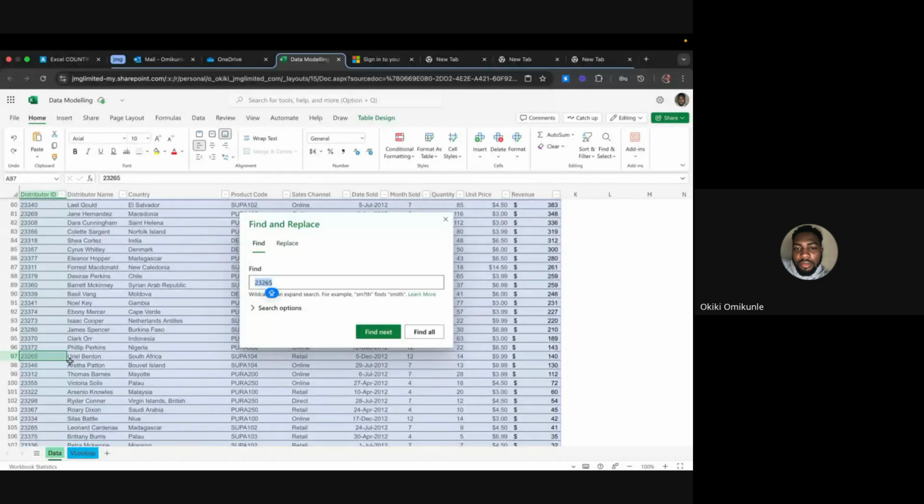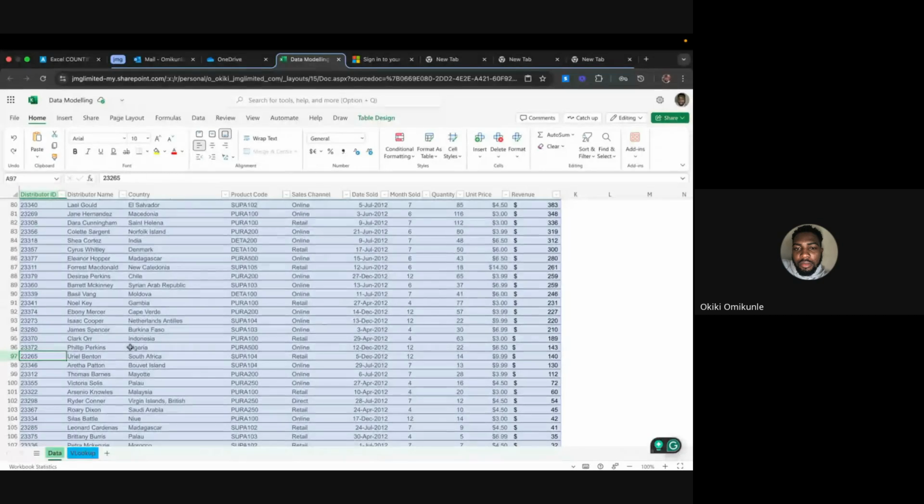Yes. So there are different ways for us, but this method that I just showed us and this one that Azan just mentioned are quick ways for data that are not much, like small data. But when you have a lot of data, like data going in the thousands of rows, how many Control F do you want to do? So yes, it is nice to know these different options, but